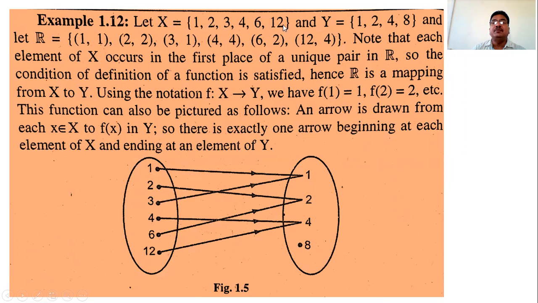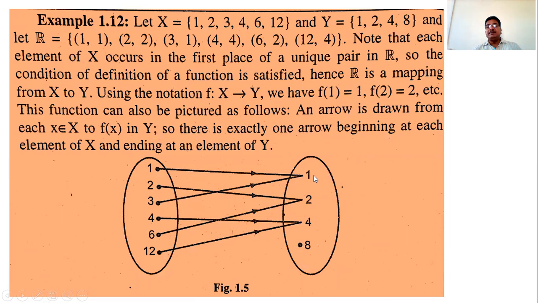This X is the domain of this function, and 1, 2, 4, 8 is what? The codomain of the function. And what is the range set of this function? It is denoted by capital R of f. That is, R(f) is equal to the set written in curly brackets 1, 2, 4. So this range set contains 3 elements, and obviously this range set is a subset of this capital Y, that is the codomain. And this codomain actually contains 4 elements,